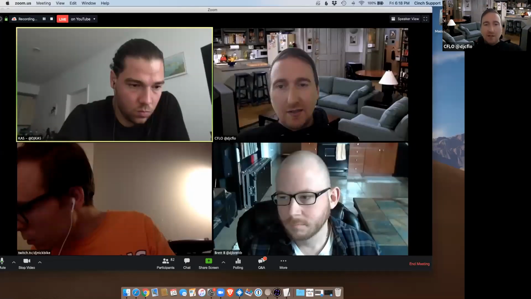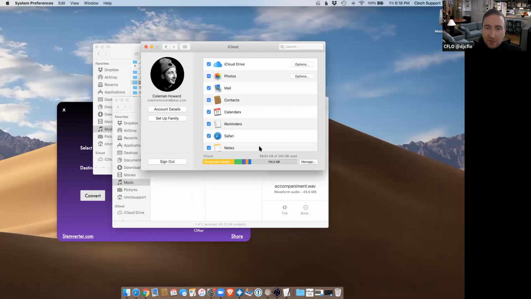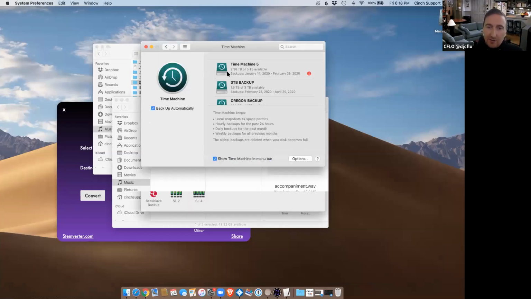I would recommend doing it every 1 or 2 weeks, or anytime you complete a large project that you do not want to have to slog through again. Anytime you're just trying to save yourself, get out the hard drive, plug it in, back it up. The other thing I wanted to show is this control panel here. Let me share the screen again. So in Time Machine, you go here and you select it.